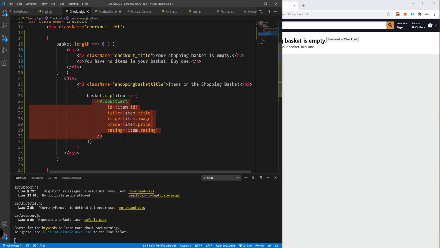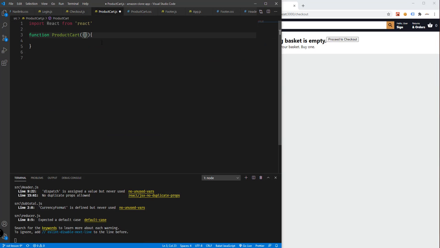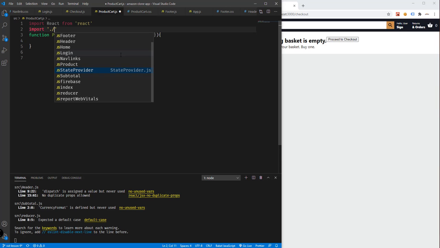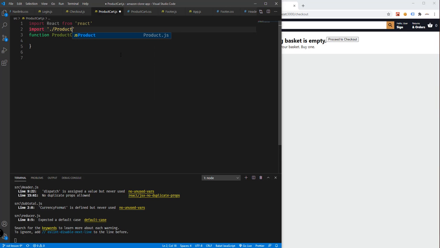Here we're sending props to this particular component, so we can be able to destructure the ID, the title, the image, the price, and of course the rating of our product. And in here we need also to import if we wanna add CSS file to this later on. So product card